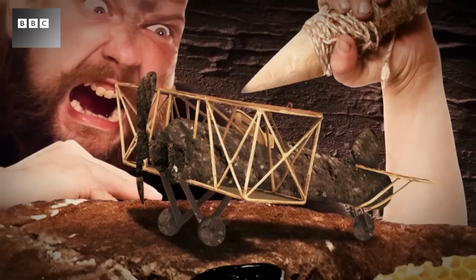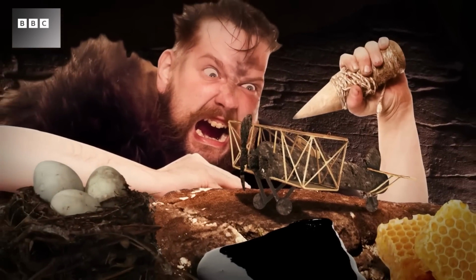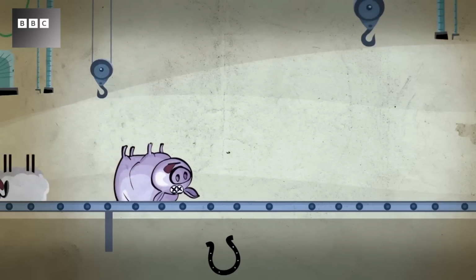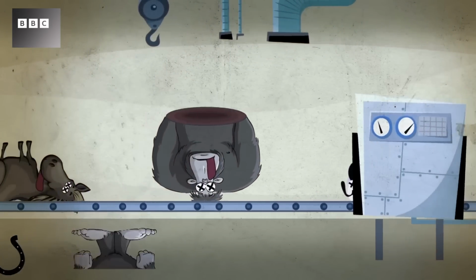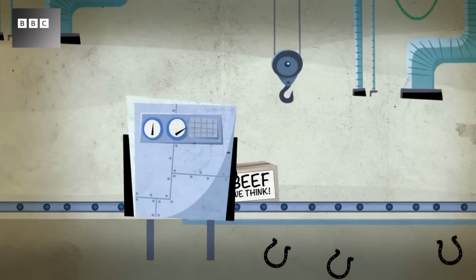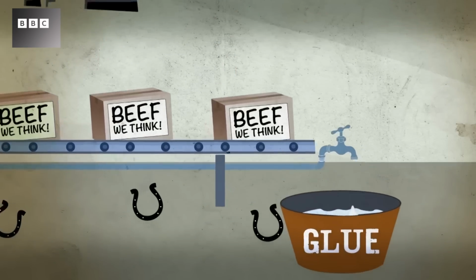The first adhesives were, of course, completely natural and made from anything that happened to be sticky, so beeswax, jam, tar, bogies. Then came more complex chemical adhesives, most famously animal glue. And these were made by boiling up whatever was left on the slaughterhouse floor when everything else had gone into the food chain, from posh sirloin steaks right down to the rubbish that we call cat food. So, horses' hooves, for example. In the modern age, the chemical industry has produced sophisticated superglues such as acrylic or cyanoacrylic, or most famously two-part